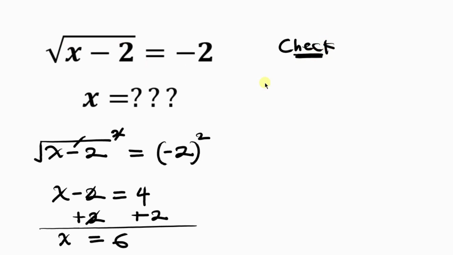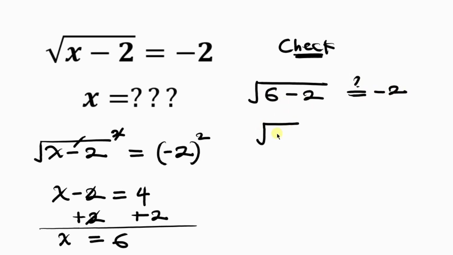Now we have the left hand side as the square root of x minus 2. X is 6, so 6 minus 2. So would that give -2? Now notice that this becomes 6 minus 2, which is 4. Would that be -2? Now the square root of 4 is +2, and we all know that +2 is not